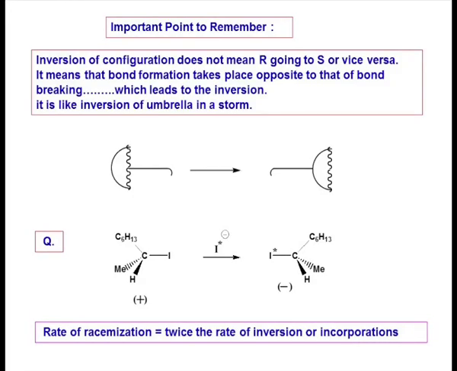An important point to remember in this case is that inversion of configuration does not mean R going to S or vice versa. Some people have a concept that always R will be changed to S or S will be changed to R. That happens in maximum cases, but R and S is the abbreviation of rectus and sinister, that is the absolute stereochemistry notation, based on the priority rules you have to apply. So, R will not necessarily be changed to S, nor S to R, but one thing